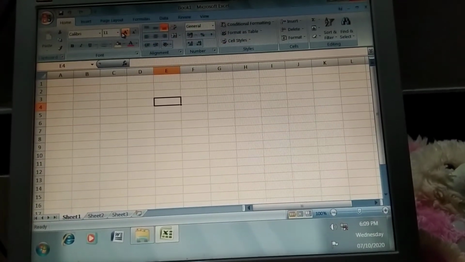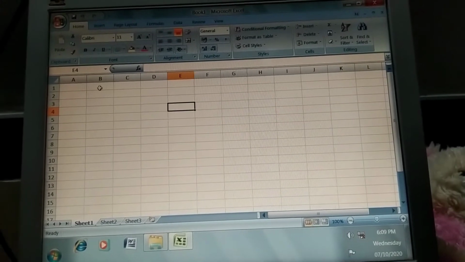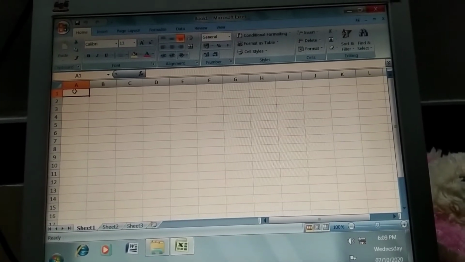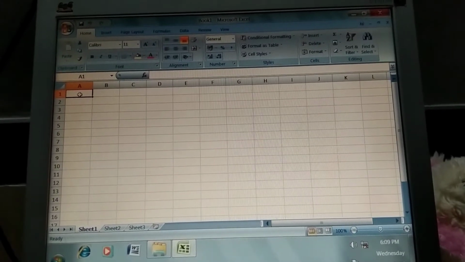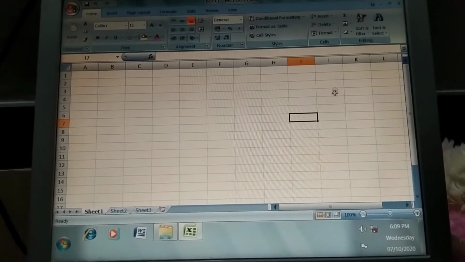This is our ribbon; home, insert, these are tabs. When we start Excel, by default this cell is selected, that's why we call it the active cell. A collection of cells is called a worksheet.